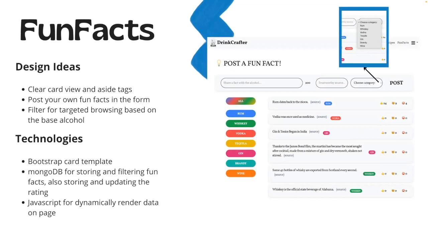reliable. And you can also choose the category, which is based on the base liquor, like rum, whiskey, and you can just click the post button to post your facts on this page. On the left side of this page, here are the categories of each fact. Explore facts categories by the base drink tabs, making it easy to find interesting facts related to your chosen base